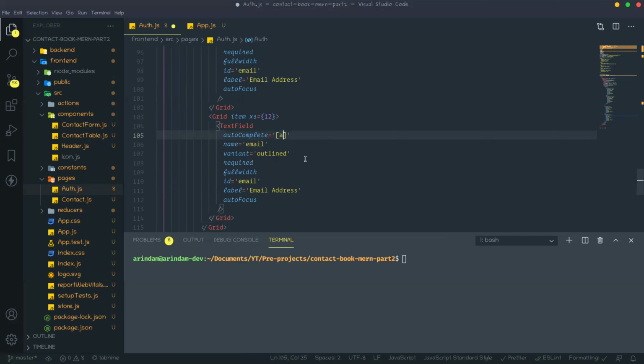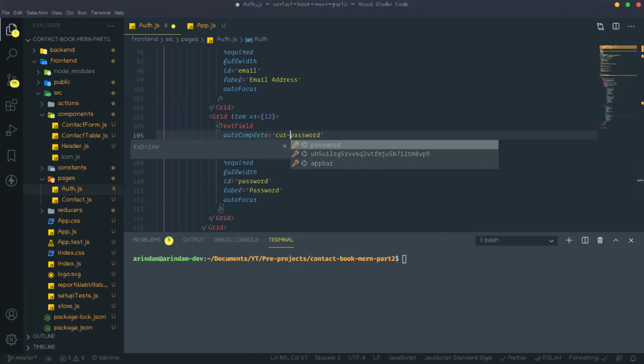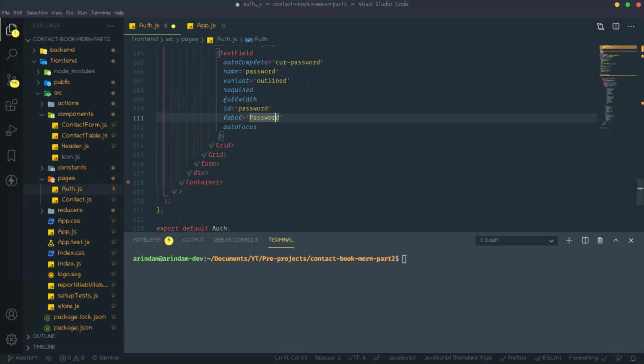So autocomplete is password. Name is also password. ID is also password. So label will be password. Autocomplete you can say current password. Okay, so that is done.